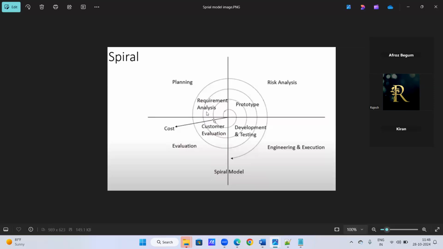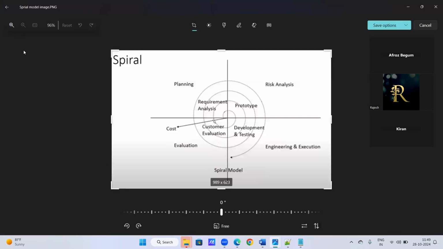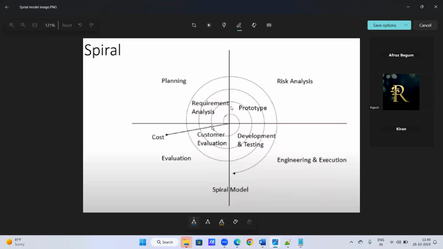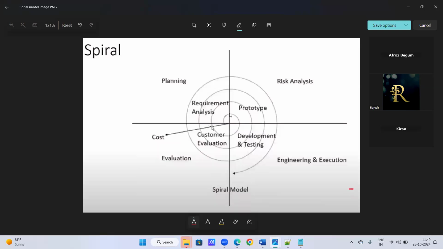Yes, it's clear. But what you need to say here, spiral model and mm, see,